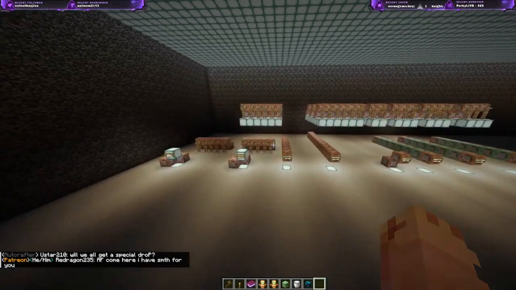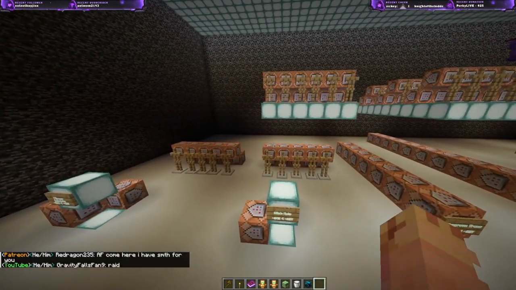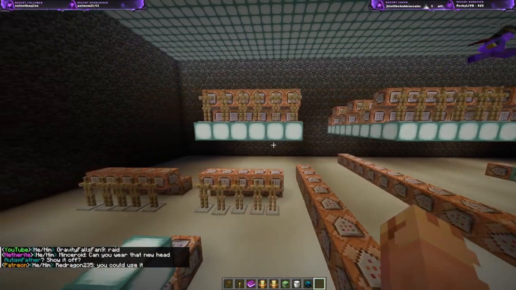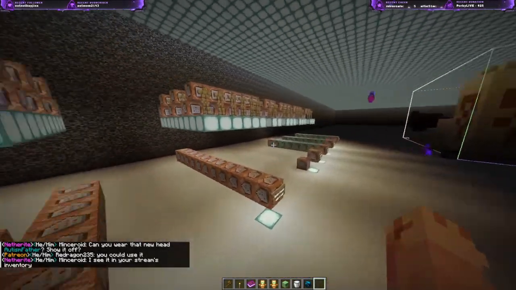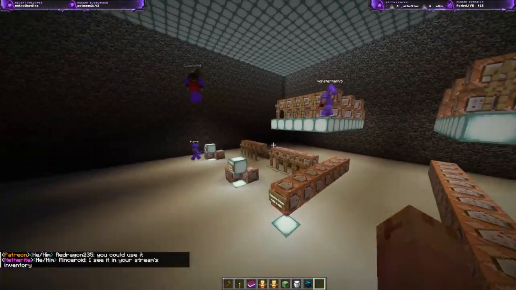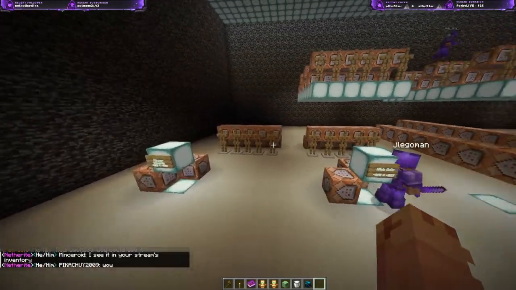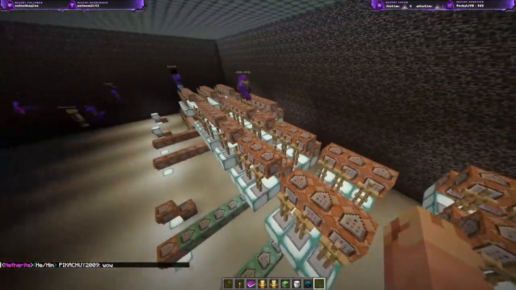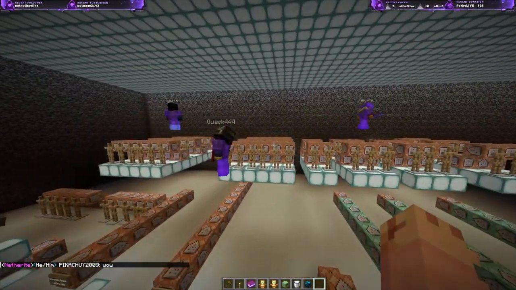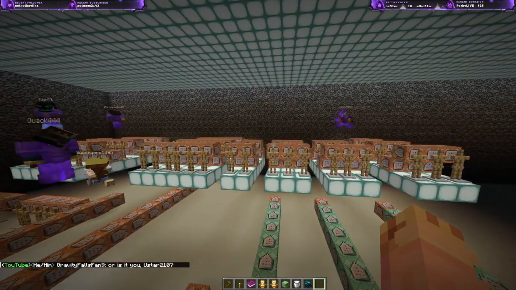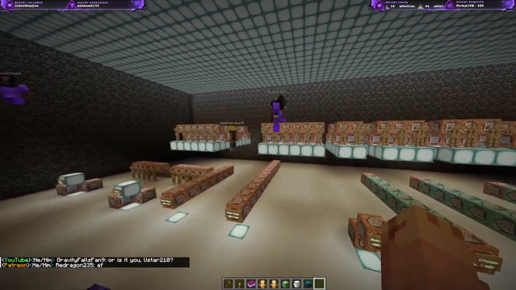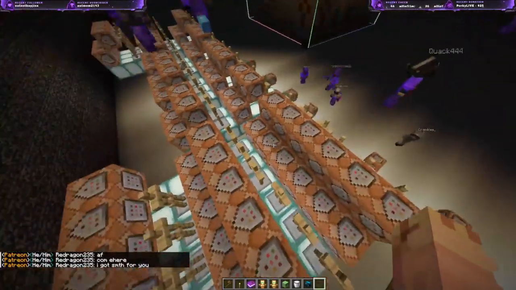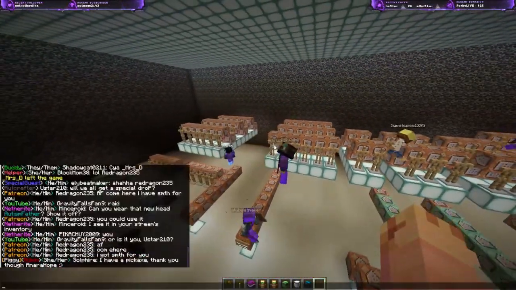So over in this corner, it actually says on the signs, you can see there's a lot more armor stands. Again, each set of armor stands has its own special tag. You can summon entities, which includes armor stands, with a tag. And all the ones in each set have the exact same tag. And then when you decide to spawn a block, a redstone block in this case, you can have it spawn next to an armor stand with that tag, limit of 1, order by random. And so it will put the redstone block next to 1 armor stand at random. And this is how I randomize all the things that we have going on in here.